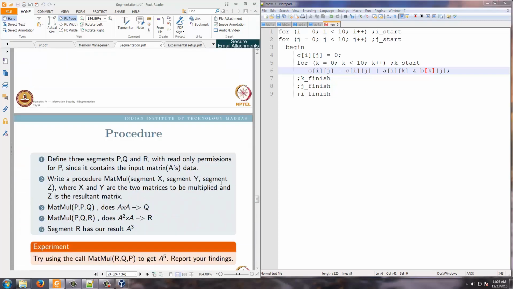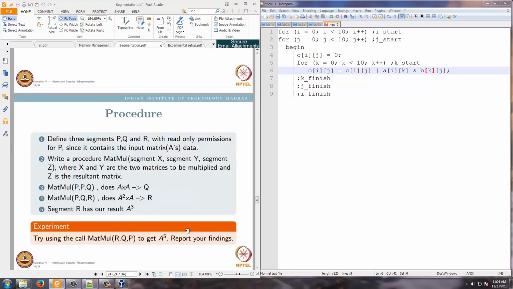As we had seen in the directory, the procedure is we will define 3 segments P, Q and R. Initially P will be storing A. Now we will multiply the A stored in P with the same thing to get A squared, which will be stored in Q. Again we will take the A squared in Q and the A in P, compute A cube and store it in R.